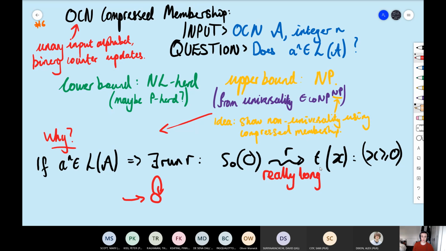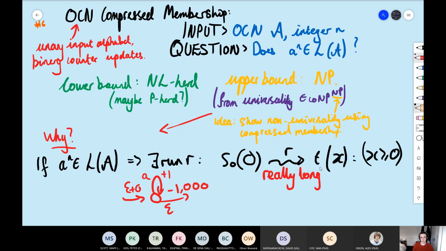So if n is huge, because it's encoded in some compressed way, n could be massive. We could have a transition that reads in an A and just adds 1. Let's say we entered with an epsilon plus 0. We could read A's for a while and add 1 to our counter value. But then suppose we had a minus 1,000 coming out, and it didn't read anything, so it's an epsilon minus 1,000 transition.